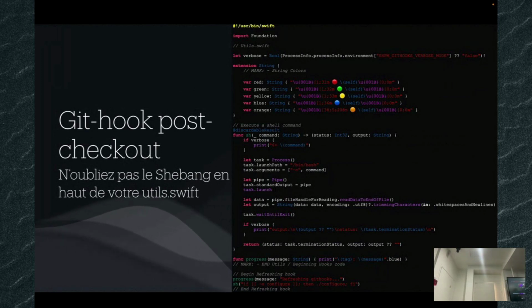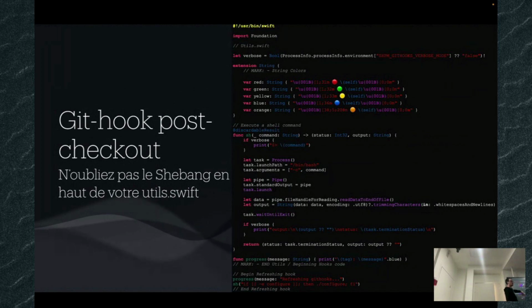And just don't forget to put what we call the shebang, because without that it will do nothing, because by default it will look for bash. And if you put the shebang, the path to Swift, it will execute the script with the Swift compiler. Okay? So it's just a sample.